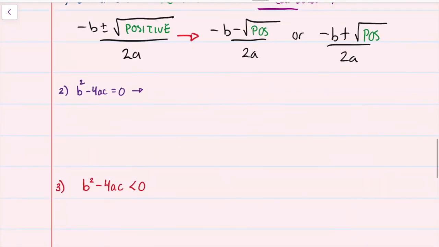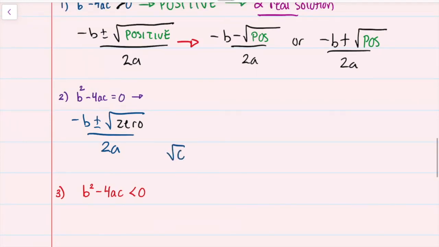Now, same thing with this one. Let's say we have, again, let's write the formula, plus or minus the square root of. In this case, let's say it's 0 over 2a. Well, guys, what happens when you try to find the square root of 0? Can I get a positive 0? Can I get a negative 0? No, 0 does not have a charge. It's neither negative or positive. Therefore, since this is 0, you can only have one solution,